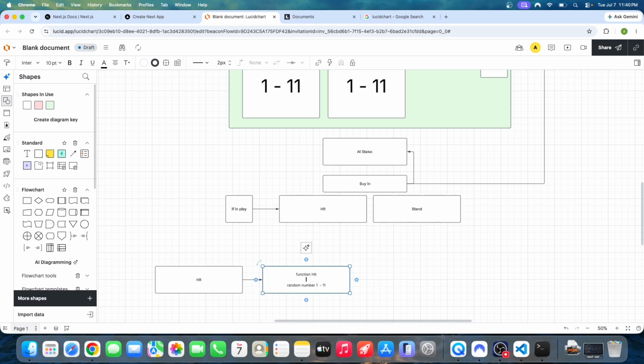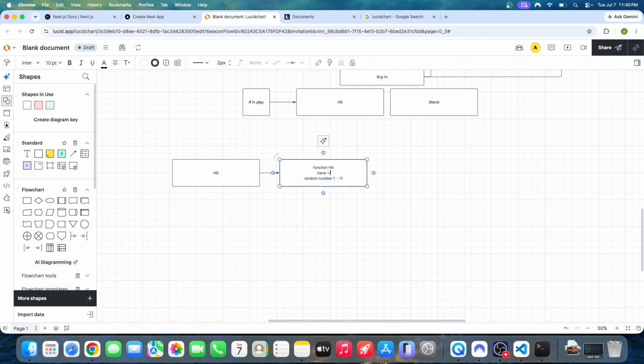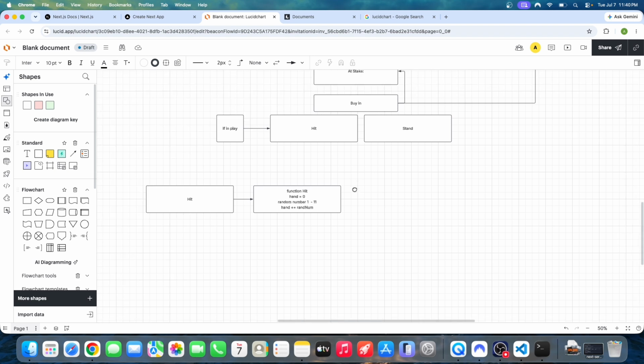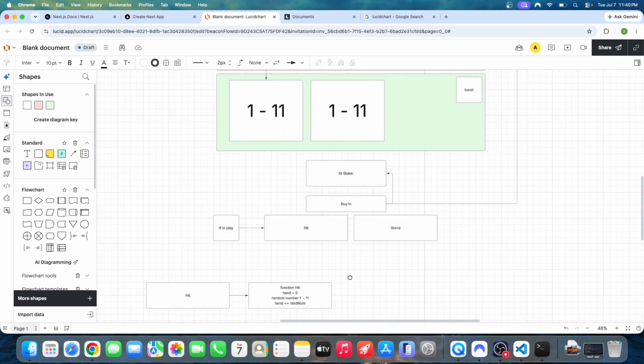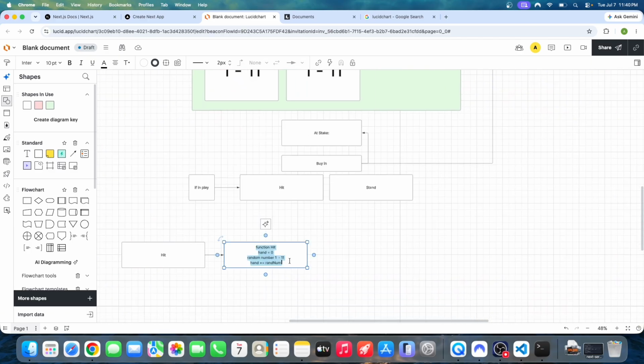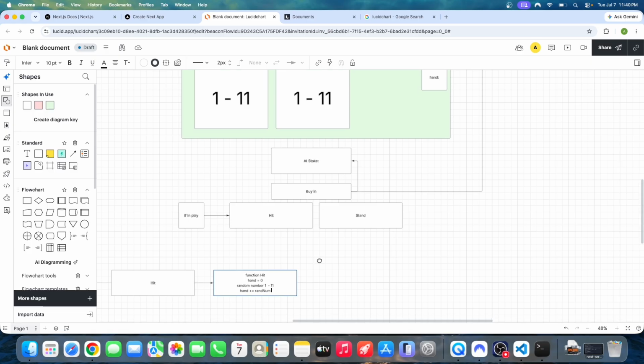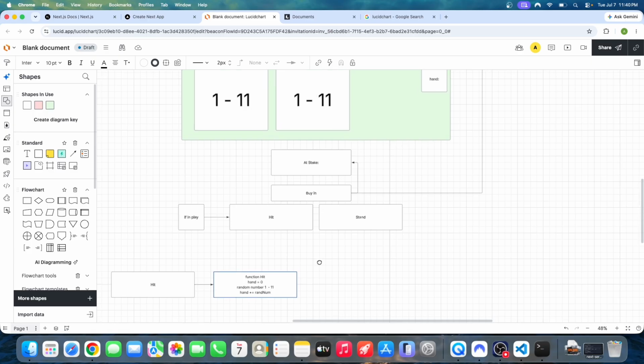So hand gets set to 0 and random numbers from 1 to 11, then that random becomes plus equals random, then so we'll need,